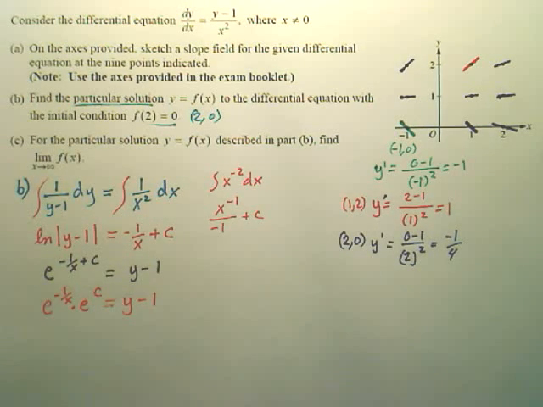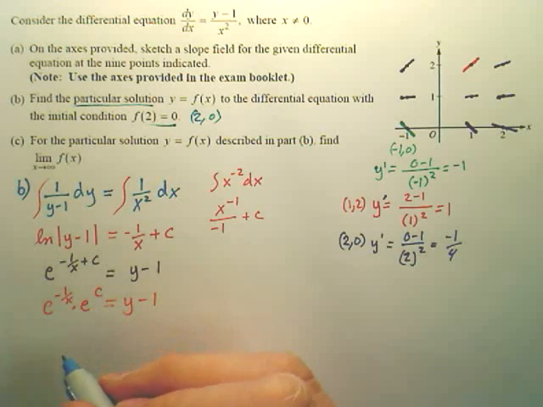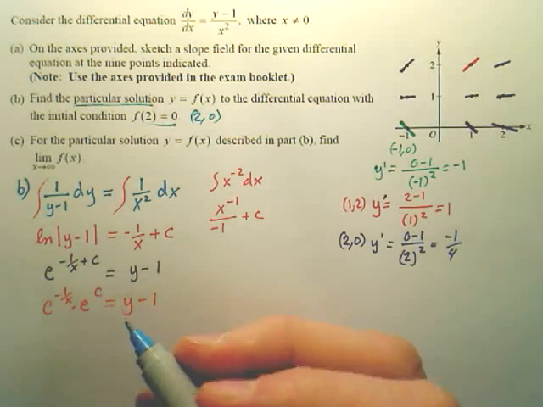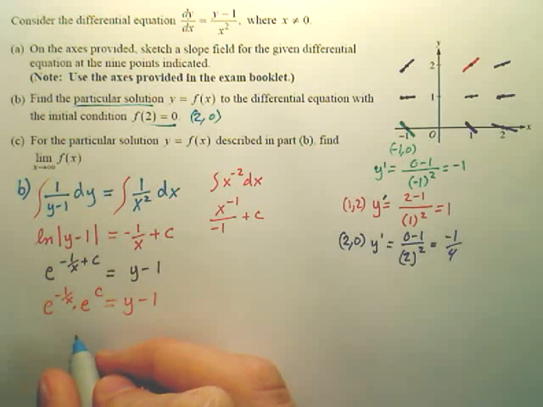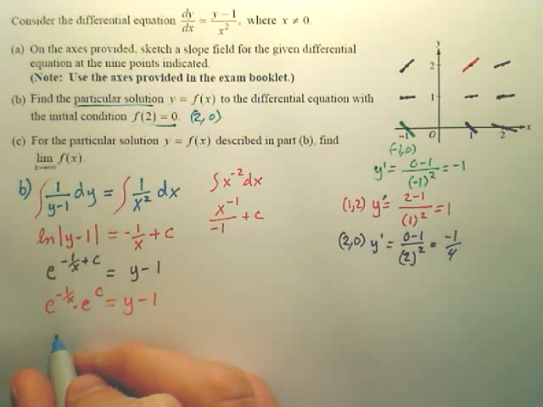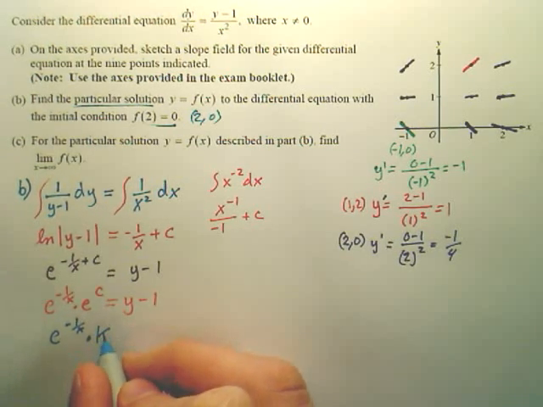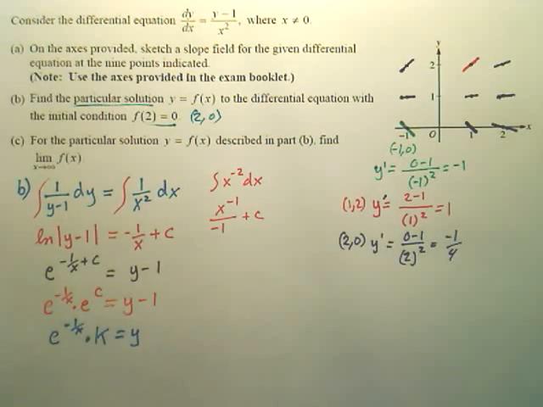And then from there, what's e to the c? e to the c is, we're going to change it to another constant, c, but you'll see a lot of times they'll change it to k. So what I'm going to end up with here is e to the negative 1 over x times k equals y